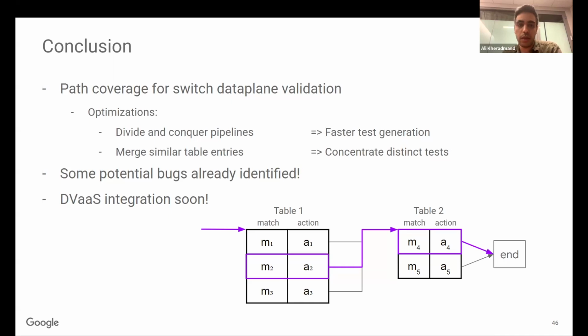If there is a need, there is no fundamental limitation that prevents us from extending this to supporting stateful things, for example validating the behavior over a list of packets or a stream of packets instead of just a single packet. But for our use cases, this single packet input-output relationship is enough. Also, for the parser exceptions, we do model parser exceptions, but again, this is not one of the things that we focus too much on.